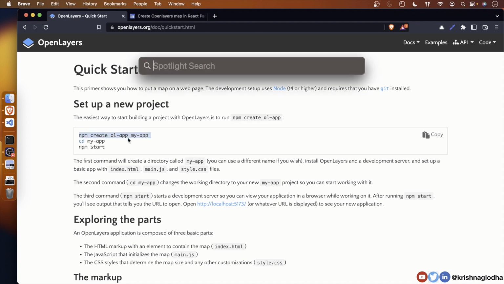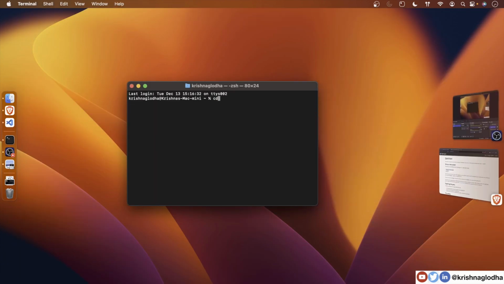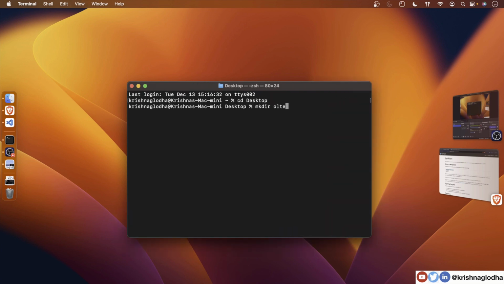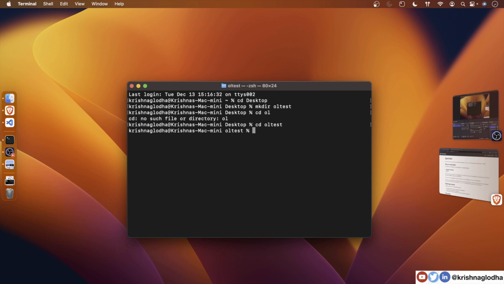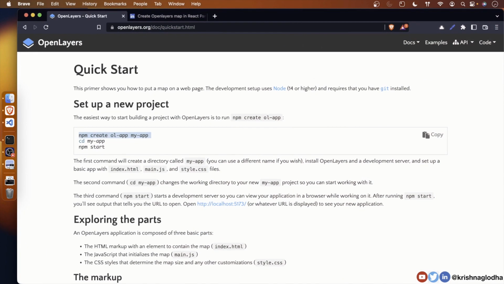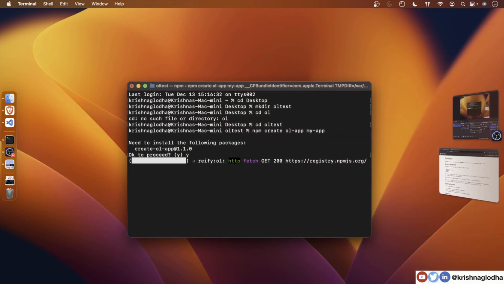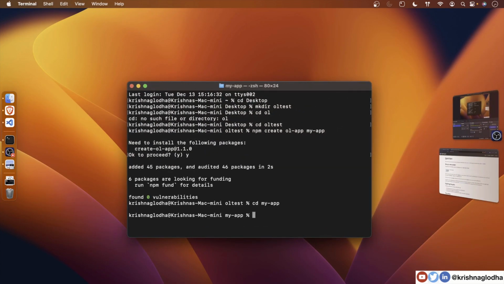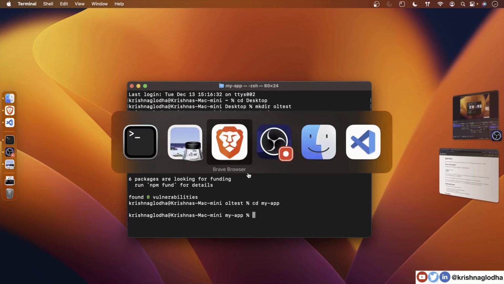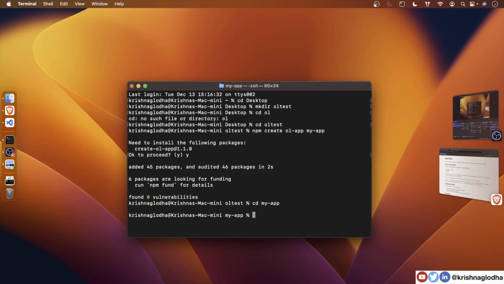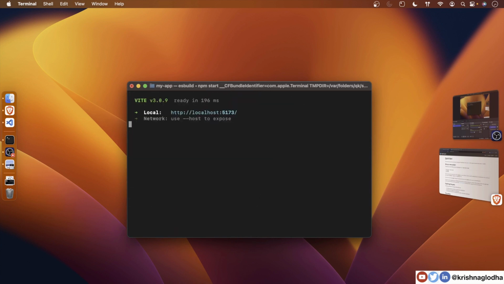So I will simply open my terminal, go to desktop, and I will create my app with my app name. I will go inside my folder and I will simply do npm start. If I head over to this URL,